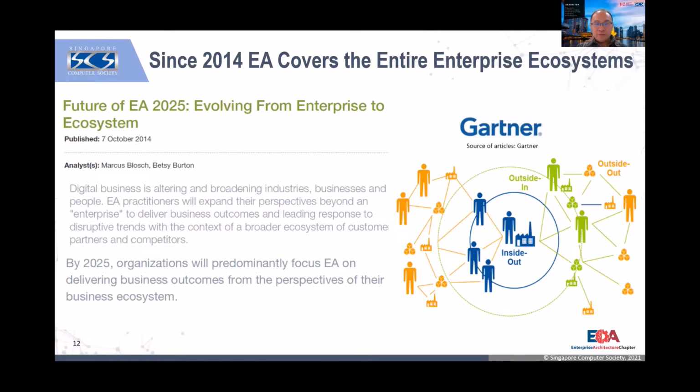So we need to have a system, to have a proper architecture in place, so that should anything happen, we know how to mitigate, right? We don't panic. So this is what Gartner made a prediction for 2025. Gartner made the prediction in 2014: in 10 years' time, it will be like this. But actually now with COVID happening, we don't need to wait for 2025. Now it's 2020, 2021 and it's already happening like this. We really need to ramp up our transformation, our effort in adopting the right technology for the business.